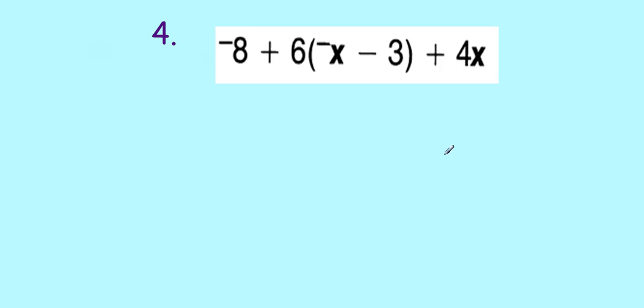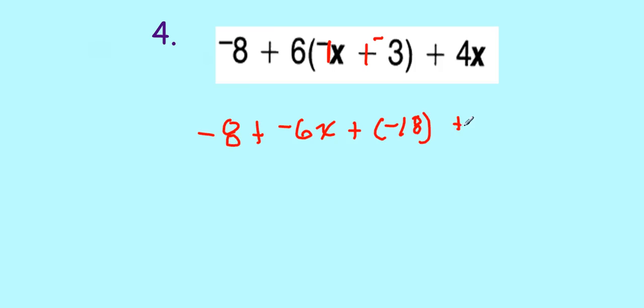Okay? Add its opposite here. Go ahead and write it down. Add its opposite. So it's going to be plus negative 3. Okay? Keep the negative 8 plus. Now we have to distribute. 6 times negative x, that's really negative 1x. If you want to write that 1 in there, write that 1 in there. So 6 times negative 1x is negative 6x, plus 6 times negative 3 is negative 18, plus